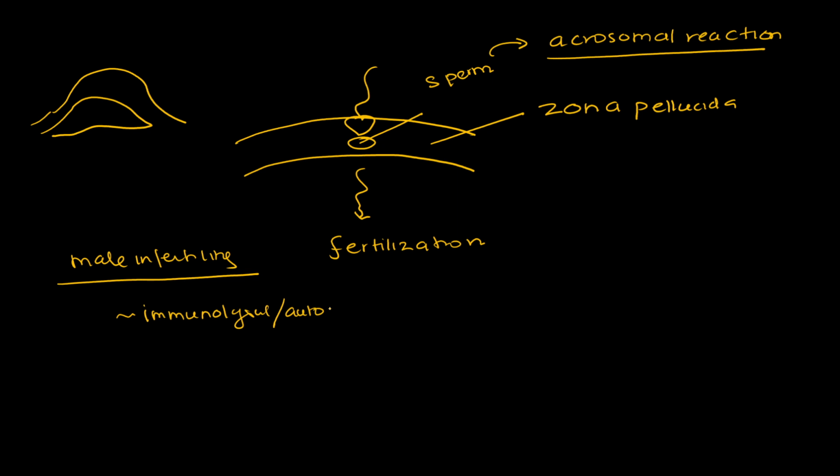that might have associations with immunological or autoimmune conditions, sometimes with genetic disorders that lead to the formation of defective sperms that do not have an ideal acrosome for the reaction to take place. And also sometimes it is associated with cryptorchidism, where the testes have not descended into the scrotum, a congenital form of a disease. If this persists for a longer period, the sperms that are produced will not be adequate as well as not have the ideal structure.